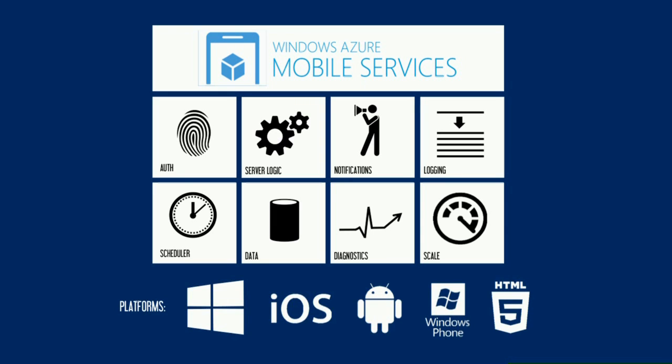And as of today, we've got support for all the major client platforms. So that's Windows Store, iPhone, Android, iPad, of course, Windows Phone 7.5, Windows Phone 8, and HTML and JavaScript. So that's what I'm going to talk about today. But I'm going to talk about it in the context of building native apps specifically. So I'm going to build an iPhone app for you using Xcode and Objective-C. And I'm going to build a Java app using Eclipse and Java, even though it makes me feel really queasy and weird to do it.